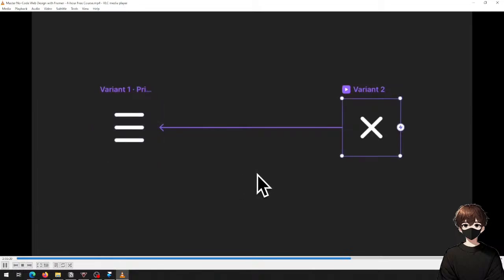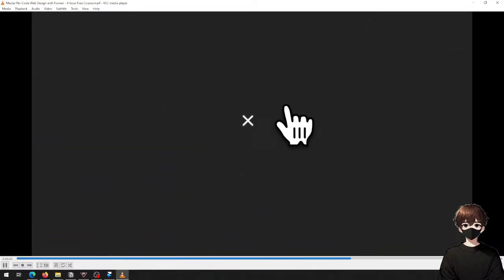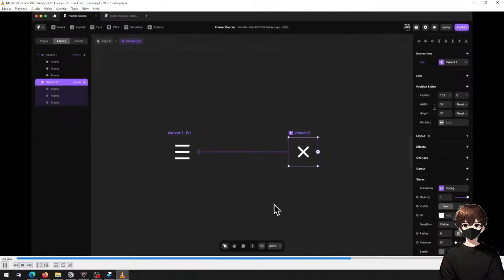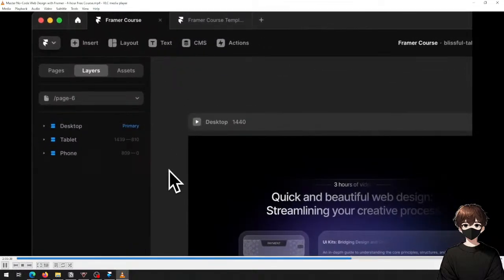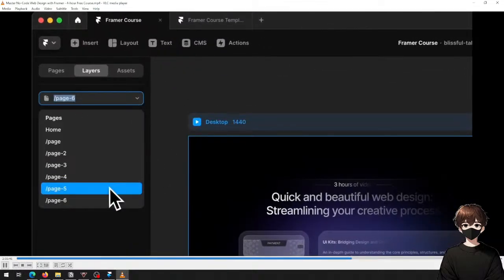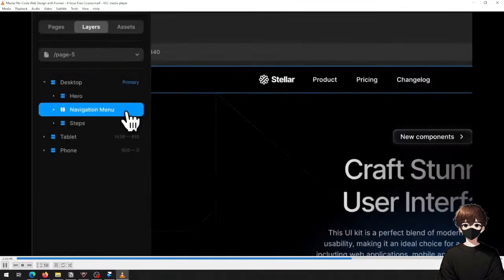So here, you can preview the animation between the two using the interaction. So if you do it correctly, you should be able to see a very neat icon animation. Now that we have our hamburger menu icon, we can implement that to the navigation menu. The navigation menu is part of the last UI that we created, and right now it's not a component yet. So with the menu selected, I'm going to do Option Command and K